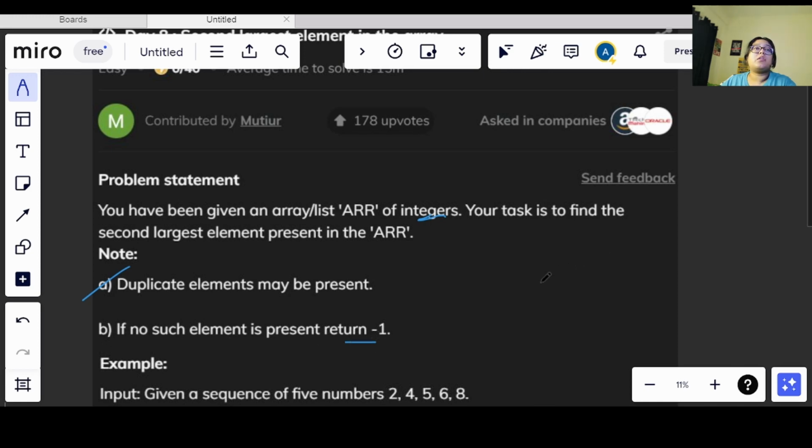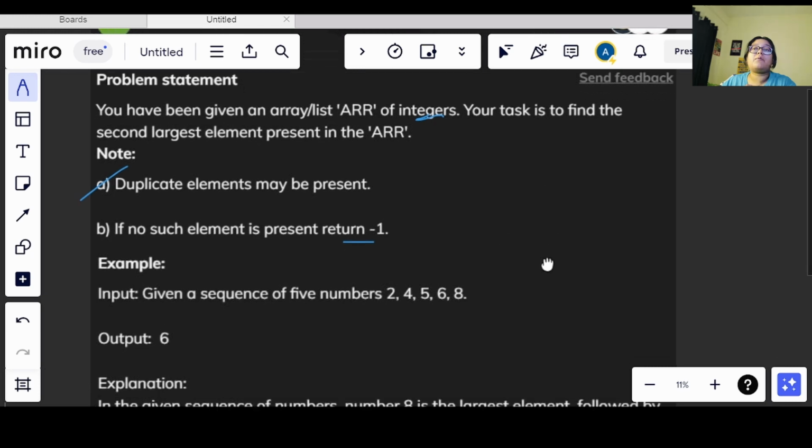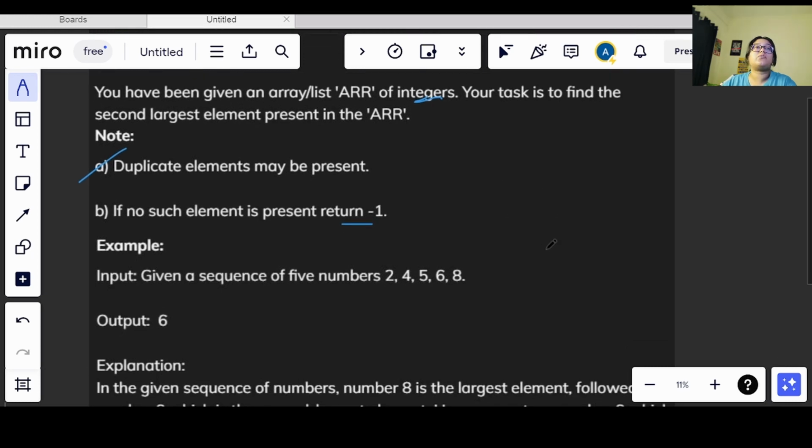Now let's go through this example. Here the array that we have is sorted. But it is not sure that you will be getting a sorted array, so keep in mind that there is a chance that you might get an array which is not sorted. So you need to solve the question in such a way that it is valid for both sorted and unsorted arrays.